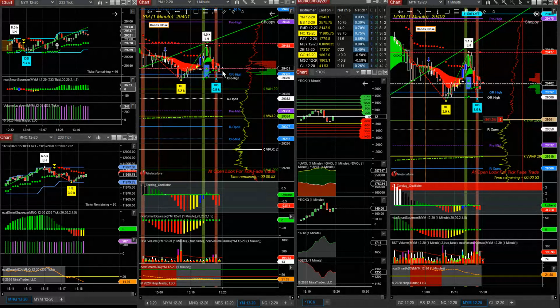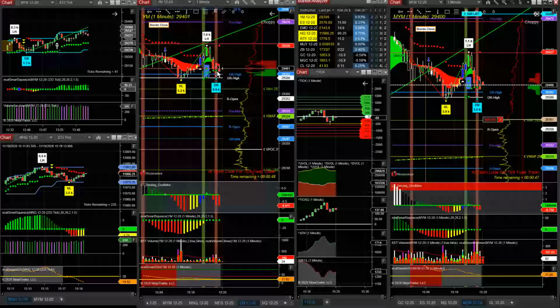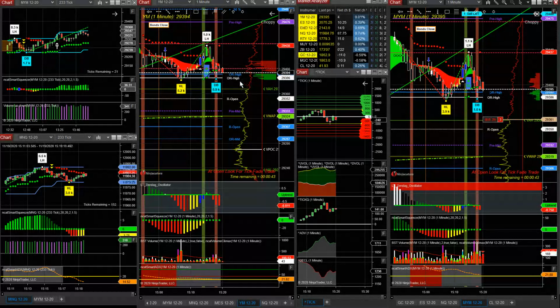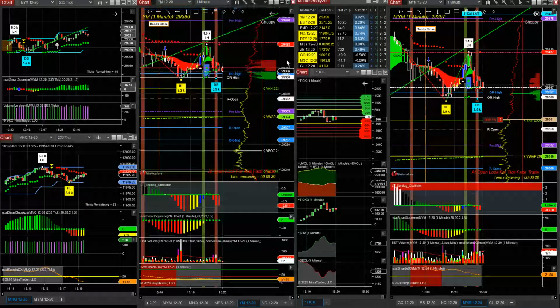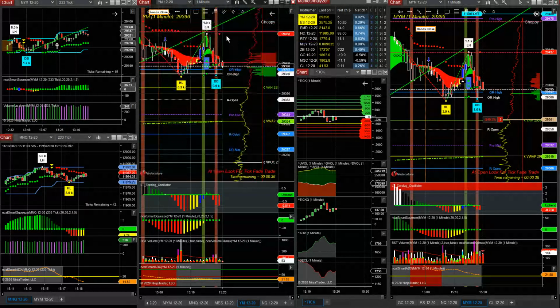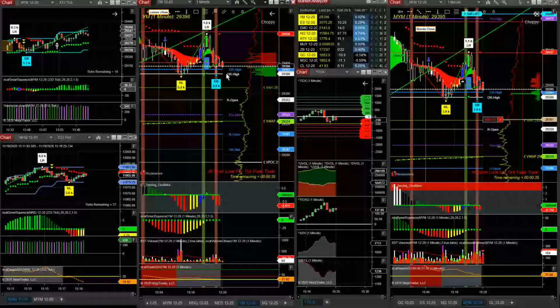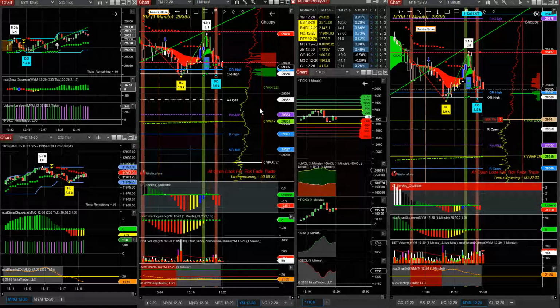Problem here is we've got to get through all this support here. Got a lot of support and resistance right here. Got a 9:30 high, you got a 10:30 high, all in the same spot. But we officially now have a trend shift to the downside. Volume is low, so you'll be choppy, but that setup